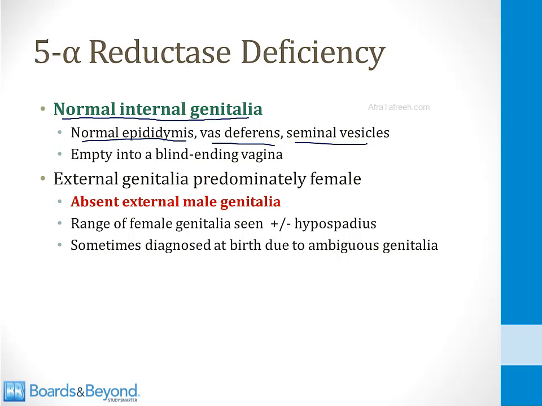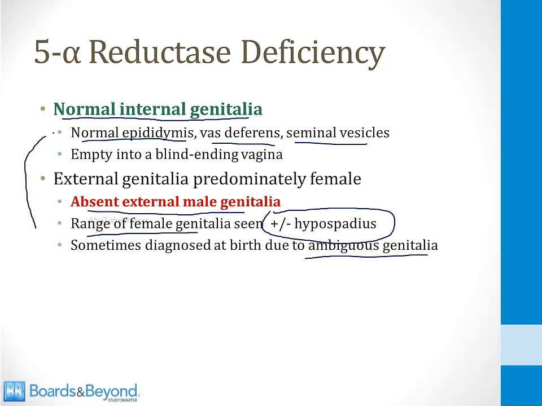The external genitalia, however, remain female. They do not develop into male genitalia. That's because there is an absence of dihydrotestosterone. Therefore, there are absent external male genitalia. There are a range of female genitalia that can be seen. Sometimes there is a hypospadias, which looks like a small penis. Sometimes this is diagnosed at birth due to the presence of ambiguous genitalia. However, other times the baby appears to be female because it's not recognized at birth that internally there are normal